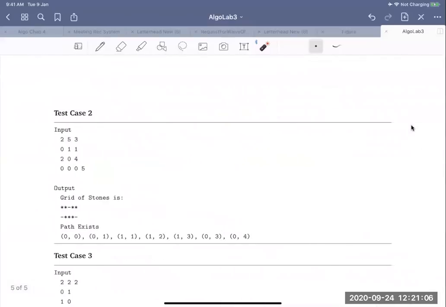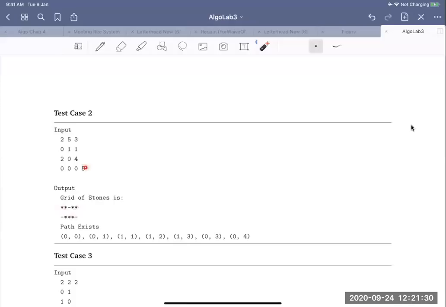Similarly, you are given case 2 where there is a separate input. Here the grid is 2 cross 5, and 0,0 is James's position and 0,5.